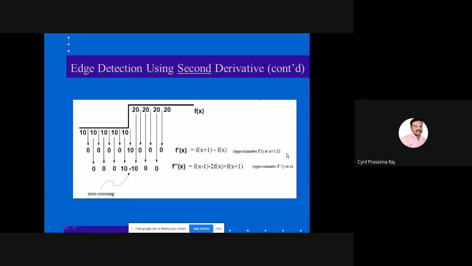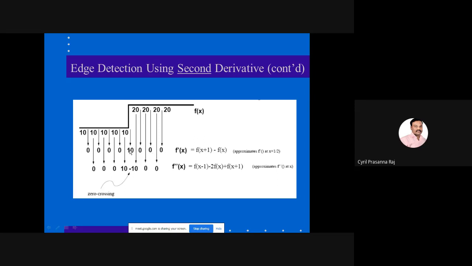Now the advantage or the difference between first derivative and second derivative here is, you are able to find that there is a 10 here, and again there is a 0. This 10 tells you that because of this 20, you are able to get a 10 value here. Otherwise, all of them are zeros.